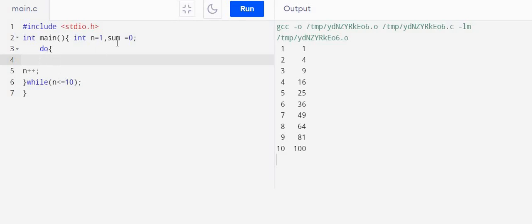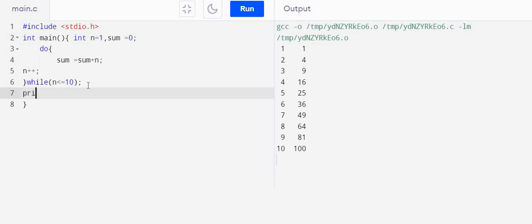So this will go on modifying until the numbers reach 10. So do this addition of the first 10 numbers. Every time sum will be modified to the previous sum plus the number n. So in this way sum is getting modified. And at the end of the program we should know the answer of the addition.